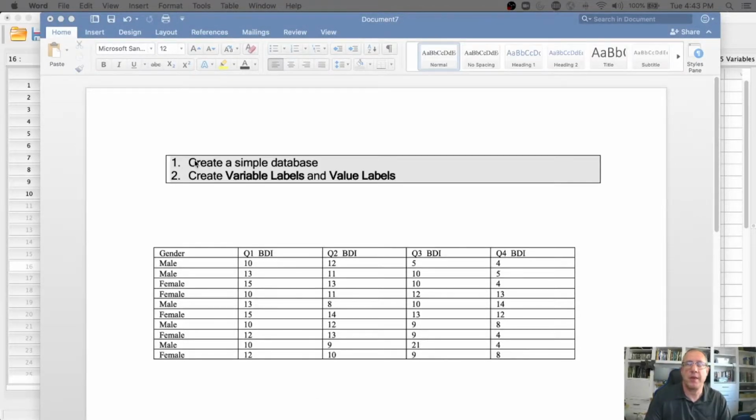All right, so in this section, we're going to learn two things. The first thing we're going to learn is how to create a simple database in SPSS in the data editor. And as part of that, I will be introducing you to variable labels and value labels. As part of this, you'll need to know something about this data set here, such as the data here